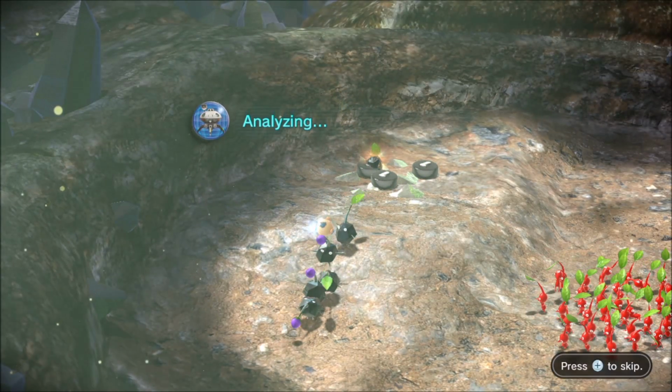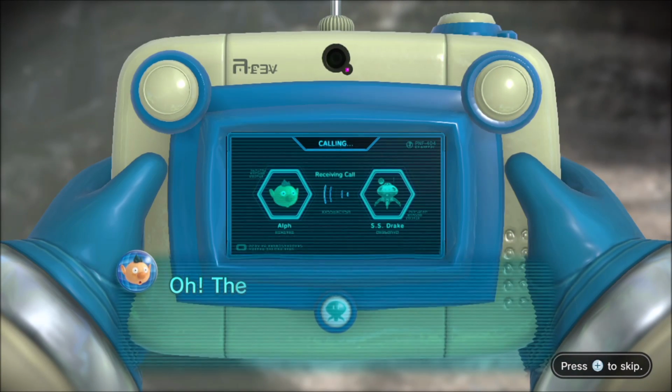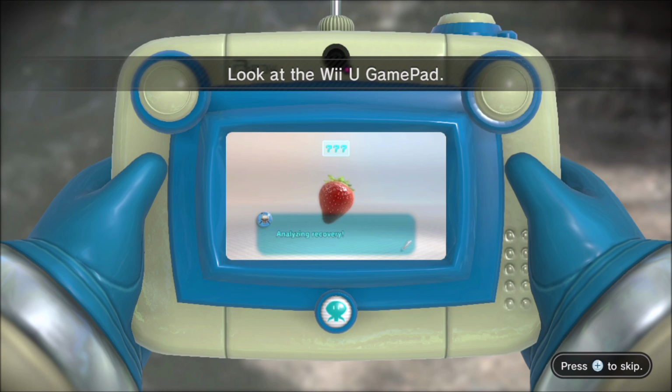Oh, hang on. Analyzing. Oh, that rock Pikmin is inside that pellet. Oh, the Drake is sending us a message. There's gonna be a lot of cutscenes on this day because it's the first real day and you gotta introduce much of the mechanics. Analyzing recovery. I should probably change my voice. I'm not sure if you can hear that sound effect, but there is something on the...